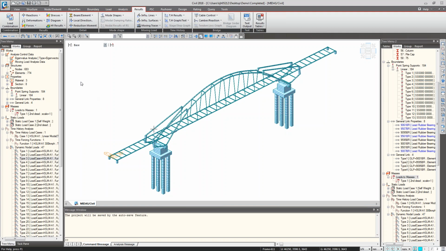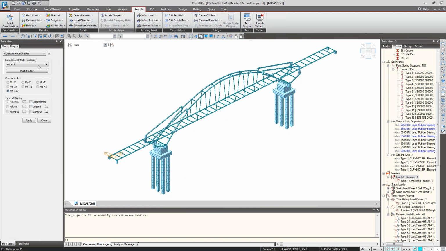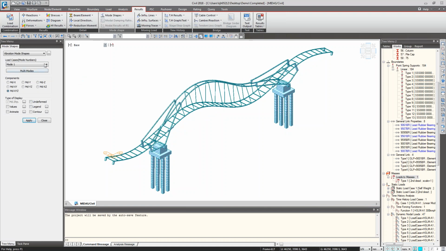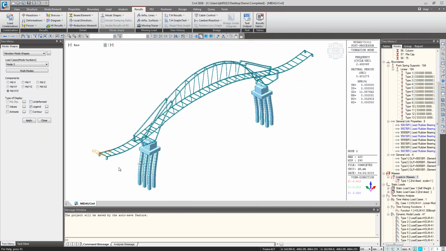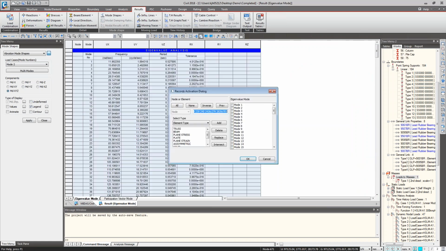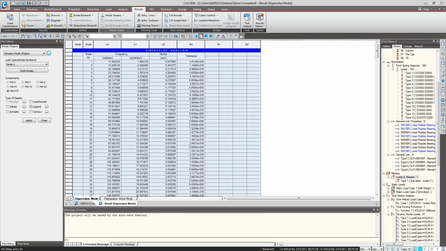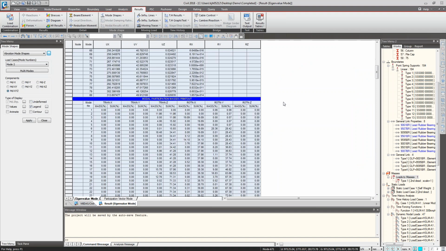So first of all, as I mentioned, we need to go to the vibration mode shape, and then we need to check the modal analysis result. So you can choose different modes, and then you can activate the legend, and then you can check various modes of the structure. So first of all, you need to make sure that the mass participation is over 90% of the